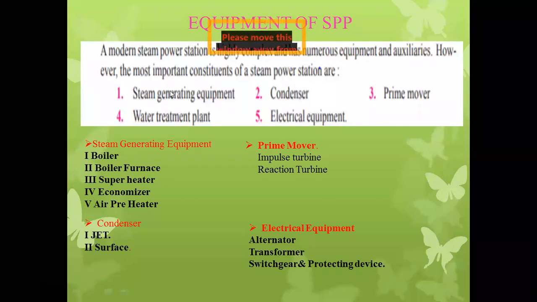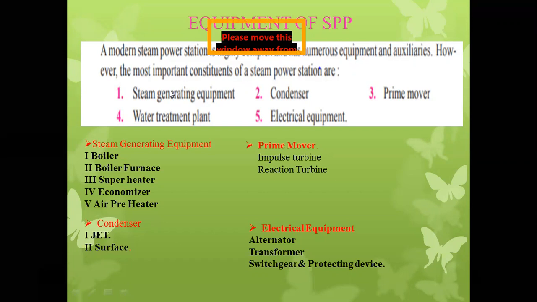Similarly, in case of the hydroelectric power plant, we have seen that two types of hydraulic turbine. Similarly, in this case also, there are two types of steam turbine, which is used as a prime mover. Okay, so as we know from your previous discussion, impulse turbine and reaction turbine, we have the knowledge about what is meant by impulse turbine and reaction turbine and how they are differentiated from each other. So anybody tell me what is the constructional difference between the impulse turbine and reaction turbine?